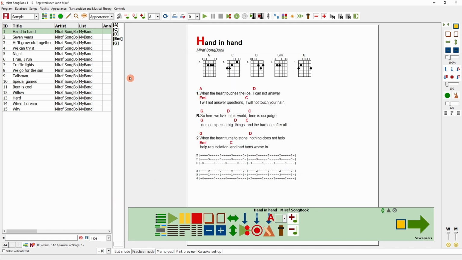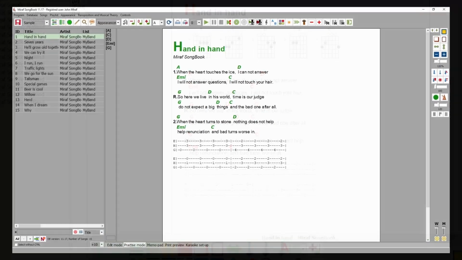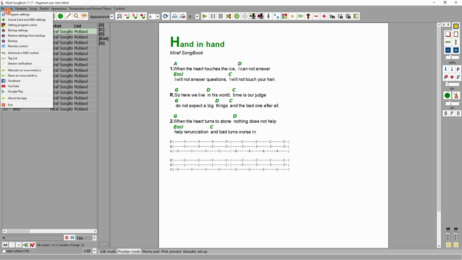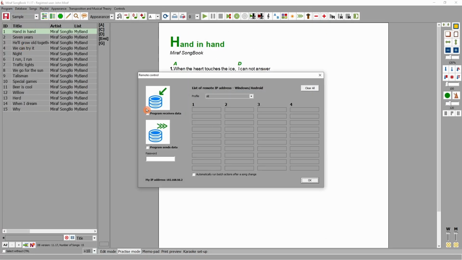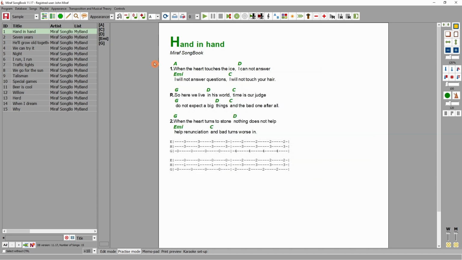Now, I will switch to the second computer on the network. I will again select the Program tab, Remote Control. Here, I will set it so that the program receives data and enter the same password. Click OK. At this point, the second computer is waiting to be switched by the first one,